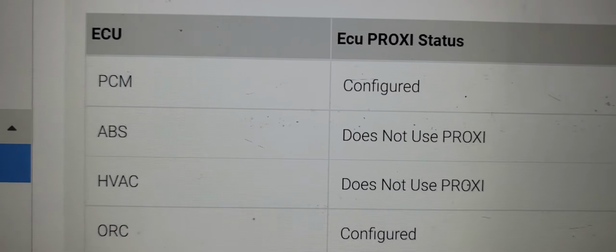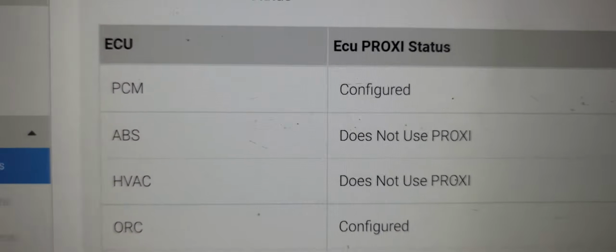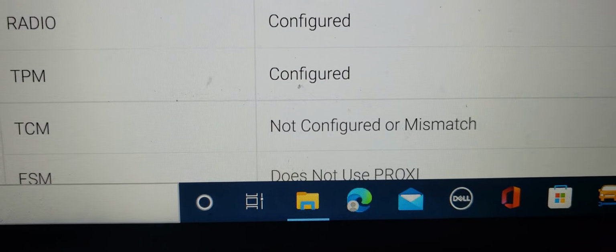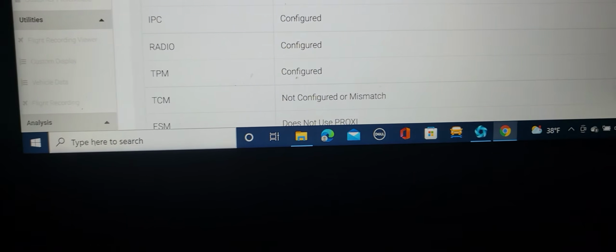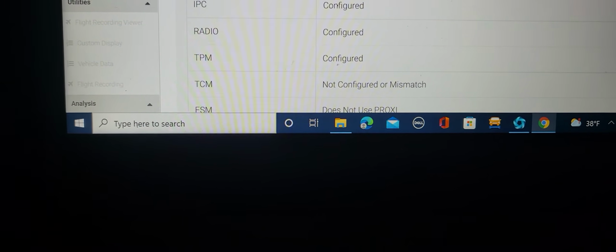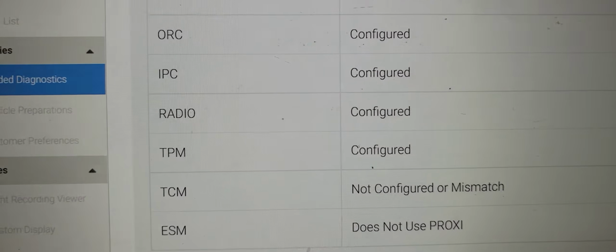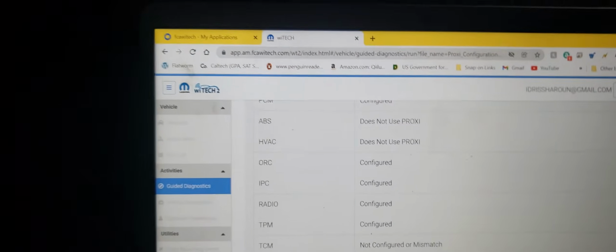So, does not use proxy. Okay, so everything configured, not configured or mismatch. He creates all this problem. So now what happened again? Go back a little bit. Not configured or does not use. Okay, now